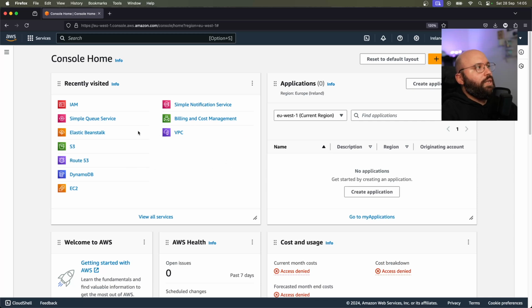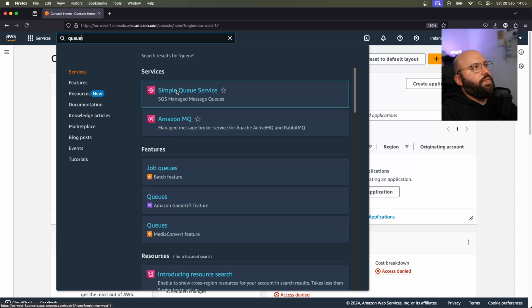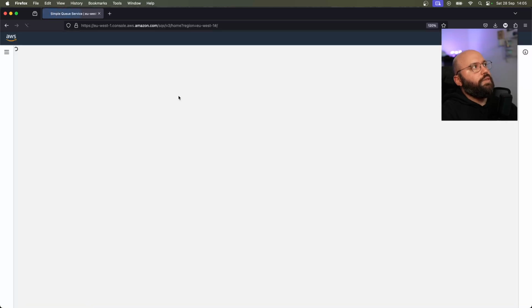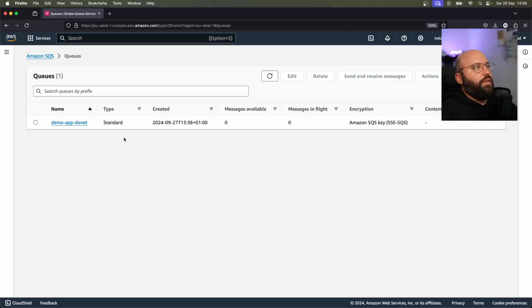So this is my AWS dashboard, and as you can see, I have here Simple Queue Service. If I don't have it here, I can just search for it. I can just type queue, and the first one to appear is Simple Queue Service. So I'm just going to click on that, and here we have an old queue that I've created before. I can create another one. So what I want to do right now is click on the create queue button,